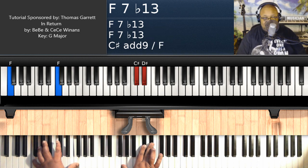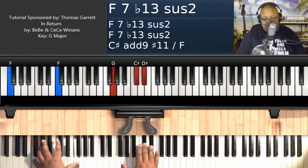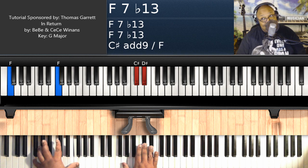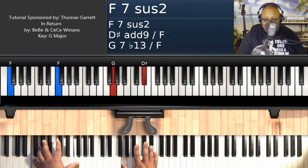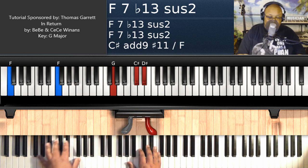F9 because this G is a 9, right? The G is a 9. Okay. So F on the left hand. I have to fix that on my chord sheet, by the way. G, C sharp, D sharp on the right hand. Then you're going to come to